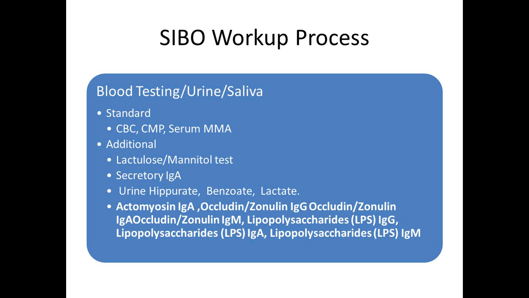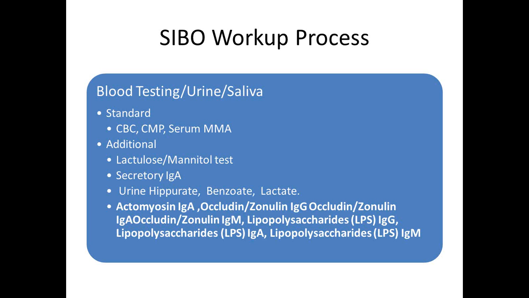You can add on some other tests if you would like to help with substantiating some of the other therapies you might do, and also as a means of monitoring. The lactose mannitol test is used for gut permeability, as is the long list of the occludin and zonulin tests below, and the LPS tests listed below. These are all markers of